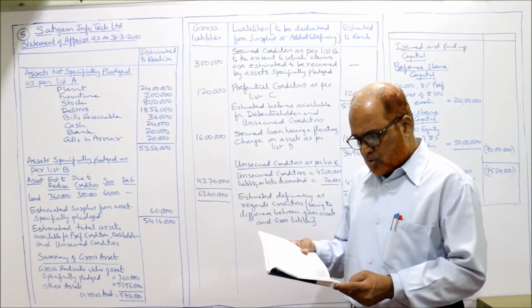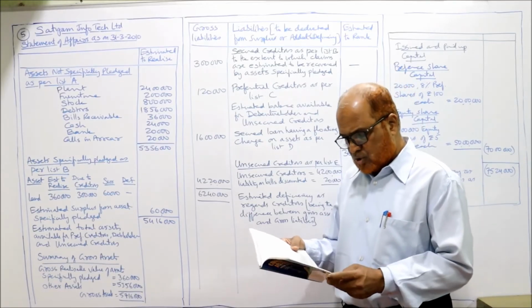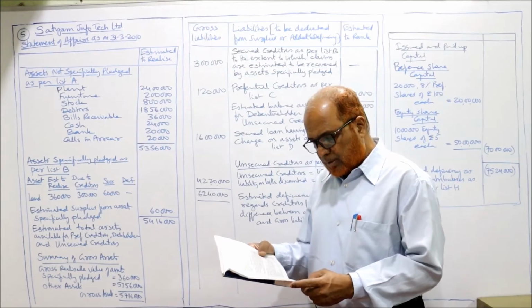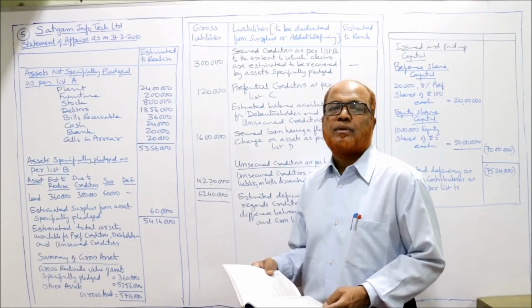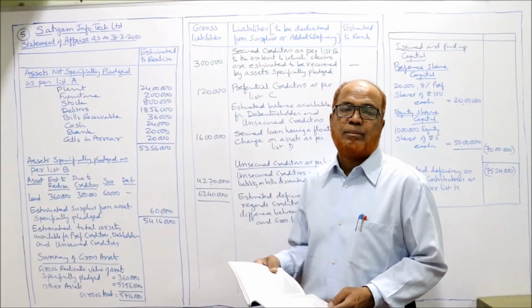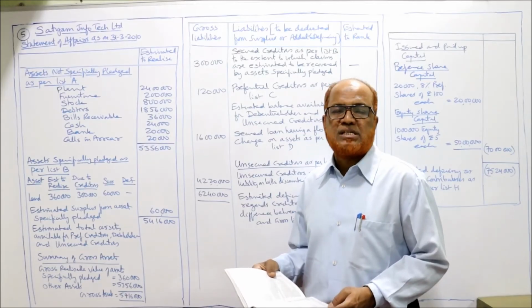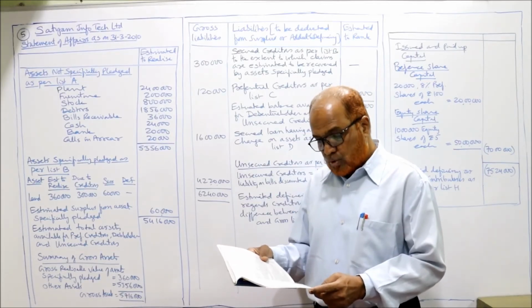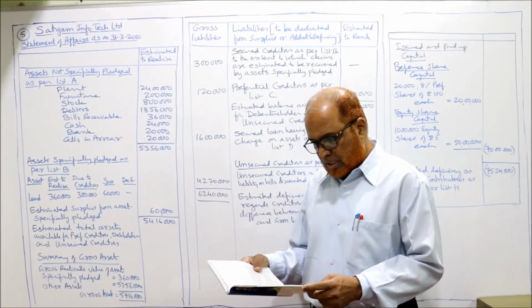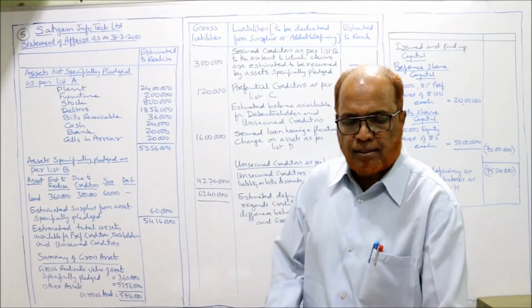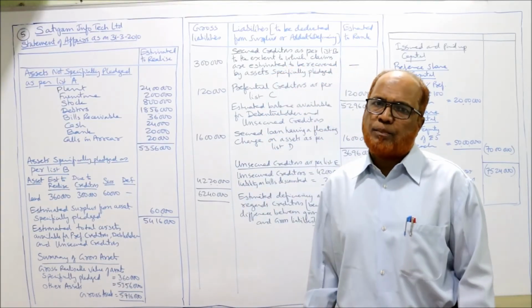Cash 24,000, bank 20,000 will be taken. Profit and loss account we should not take. Bills discounted but not matured 40,000, of which 20,000 is expected to be bad. Unsecured creditors as listed. Liability on bills discounted 10,000, 20,000. You are required to prepare a statement of affairs on 31st March 2010. That's it. Exactly similar to the previous problem.